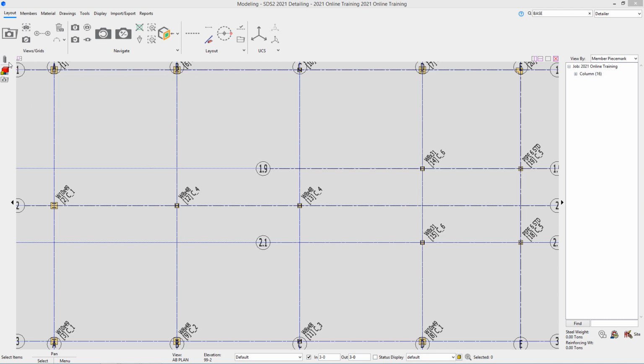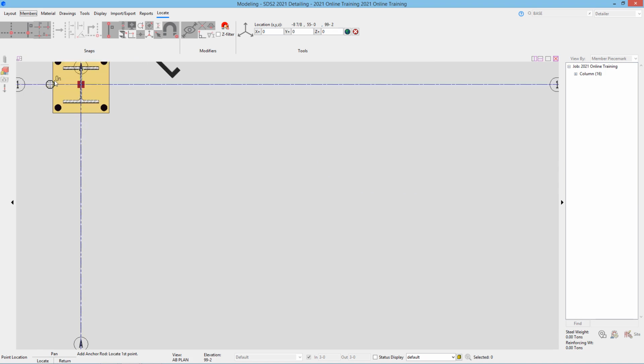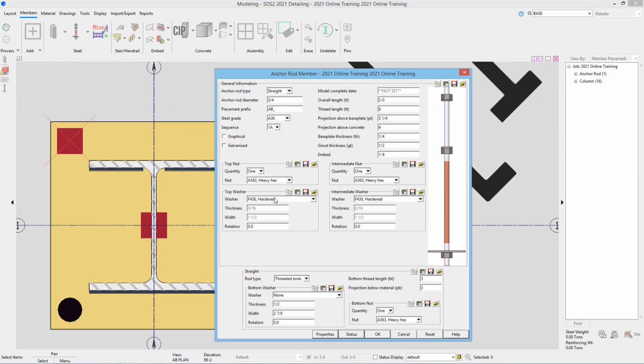For this, what we're going to do is go into our members, and then we can see under the steel we have the anchor rod add. If I select this, it's going to ask me to locate where I want that. Well, I could select the same point twice, and we could go in and fill out this information. So we could specify that it's straight, the anchor rod diameter, what piece mark prefix we want, the steel grade, the sequence, if it's graphical or galvanized,